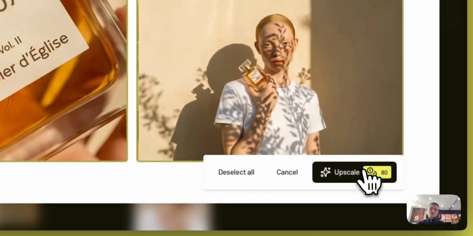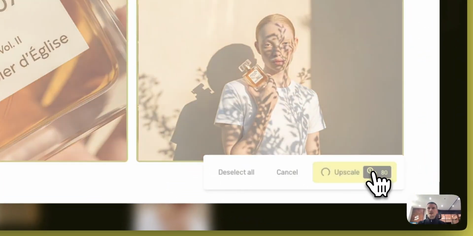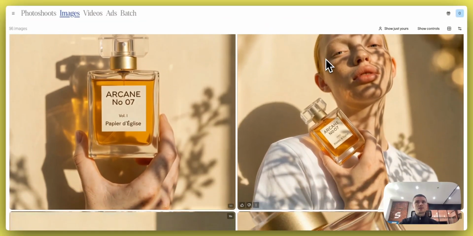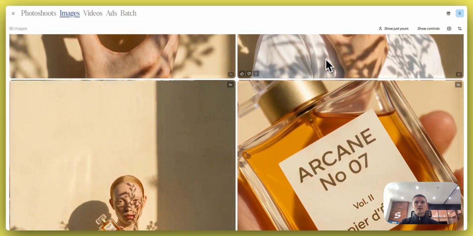You can see then that that's going to cost me credits, and I will go ahead and upscale and we'll take a look at the outcomes. Amazing. So those are now upscaled, and you can see we've got now 4 beautiful images generated from that one